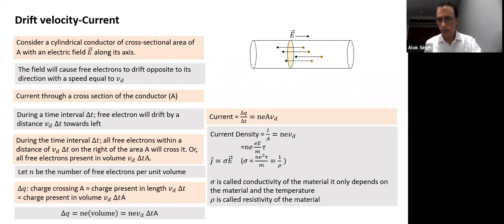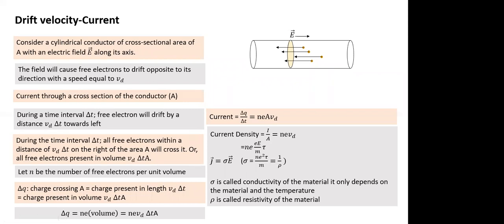So let's look at this. Does it make logical sense? What does conductivity depend on? Conductivity depends on charge density, electron density. Does it make sense? If more electrons are there, current will be more. If the number of electrons is less, of course the current will become less. And it varies as the square of the charge on the electron. Why does it vary as the square of the charge on the electron? And it also varies as tau. The charge on the electron is a constant.